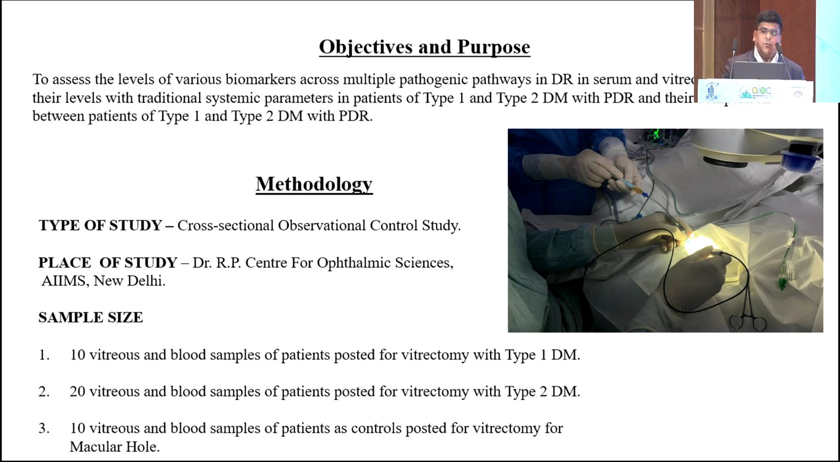PDR. It was a cross-sectional observational control study with a sample size of about 40 patients. The 10 vitreous samples were taken from patients of type 1 diabetes mellitus, that is juvenile onset diabetes. 20 samples were taken from type 2 diabetes mellitus because they were more common naturally. And 10 samples were used as a control from the patients of macular hole who did not have any systemic